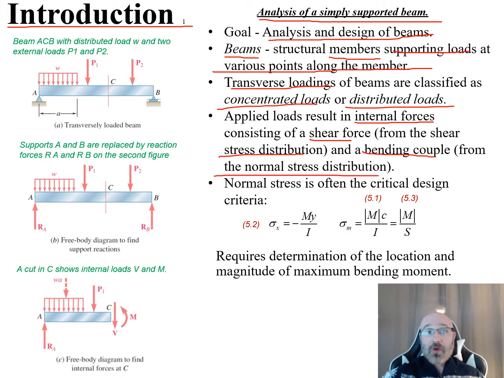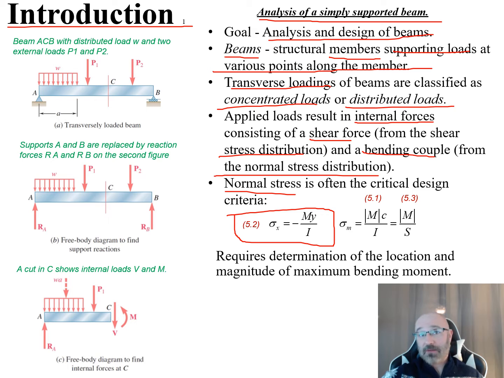Now, if we're talking about our normal stress, we have a couple of governing equations. We can reference back to our textbook, equations 5.1 through 5.3. Normal stress is often going to be a critical design criterion. So let's take a look at 5.2 in our textbook. We have our normal stress, sigma sub x in our x direction, is equal to a negative